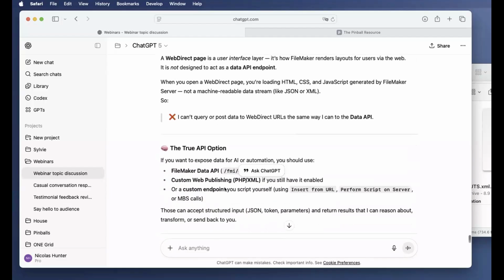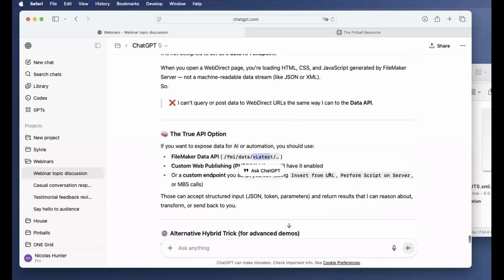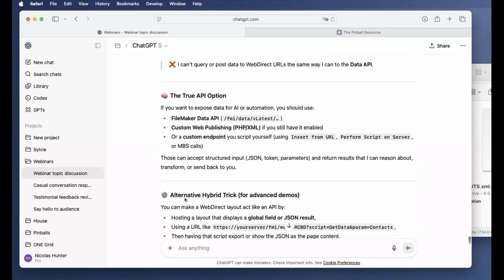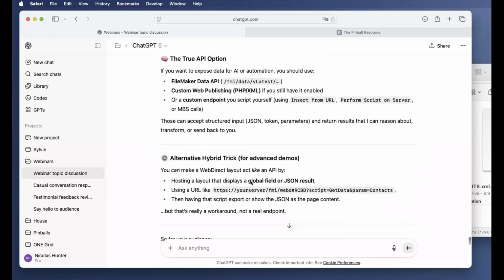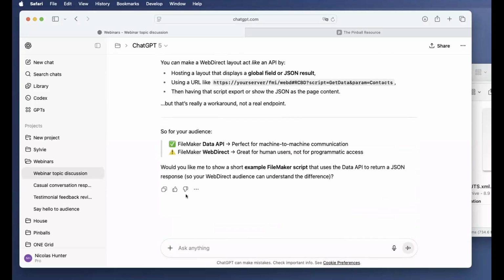Okay, so I need to create custom web publishing, see how to enable custom perform script on server, insert from hosting, global field, JSON. Yeah, okay. I will find out. So FileMaker data API, perfect for machine-to-machine communications.